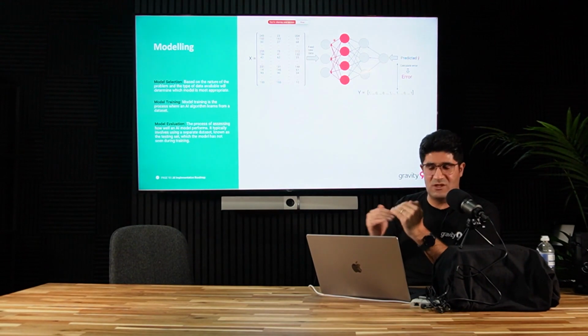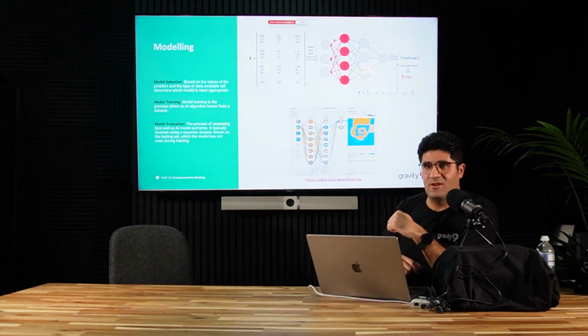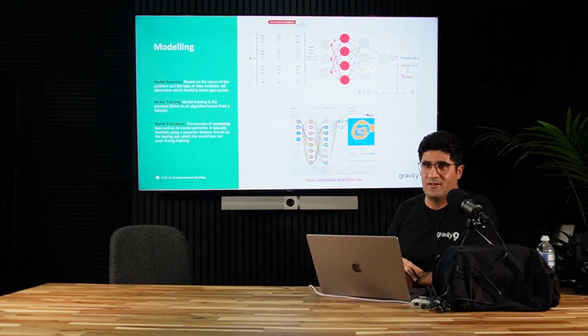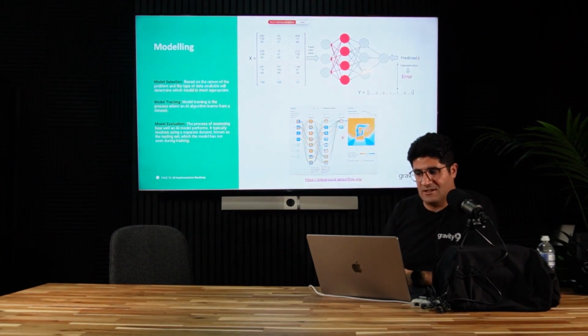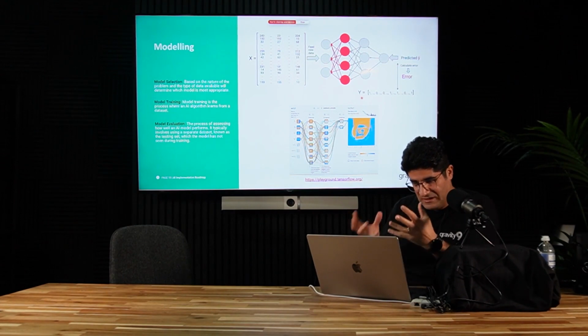Based on that, we can check the performance of our model. And when we are satisfied, then we can use this model in the operational environment.